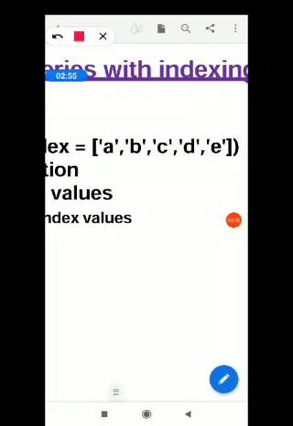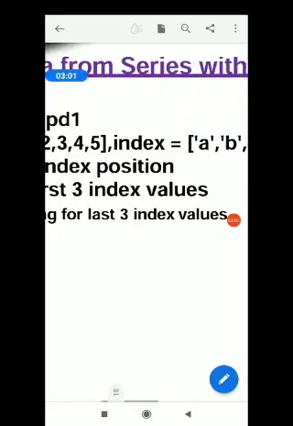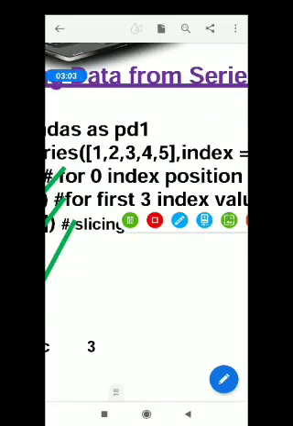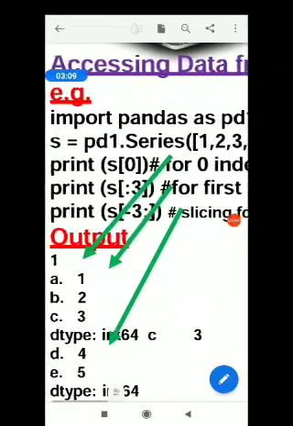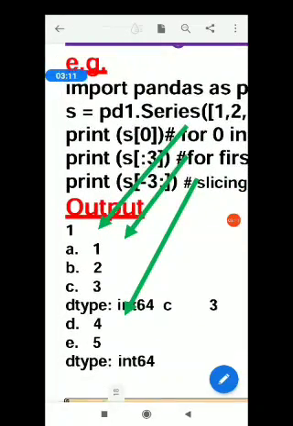So for the index values A, B and C, we will get the related data values 1, 2 and 3. Let us see whether we are getting it or not. Yes, I am getting the output. Can you see it? This portion is for the second slicing.